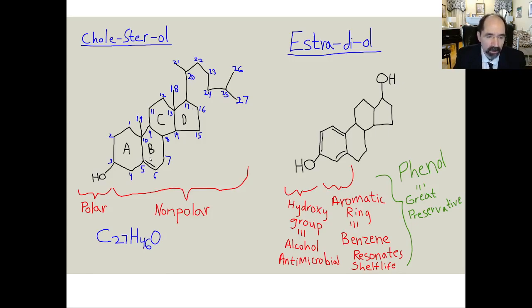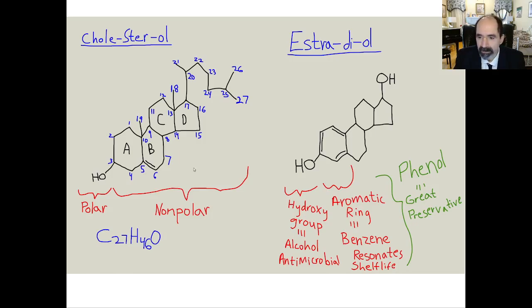The alcohol group is polar because of the different electronegativity pull onto the oxygen. The oxygen really wants electrons, much more so than does the carbon right here. In this carbon skeleton structure, I don't have to put the carbons in because it's just understood that they're there. So anyways, that's polar. The hydroxyl group, also called an alcohol group. And then the remainder of the molecule is hydrophobic, so it is nonpolar. And nonpolar means it's not going to be soluble in aqueous solutions. Almost entirely the human body is an aqueous solution. So cholesterol can fit into plasma cell membranes because of the polar head group being like the phosphate polar aspect